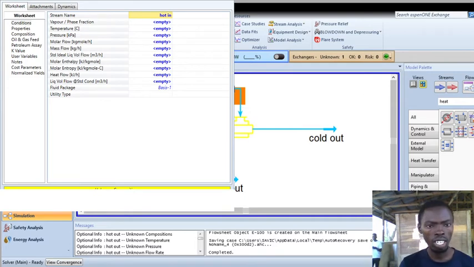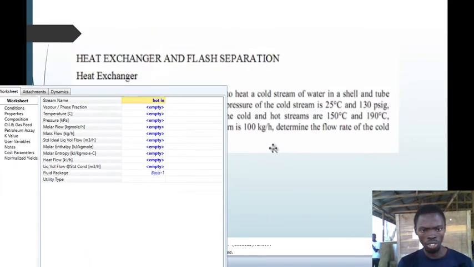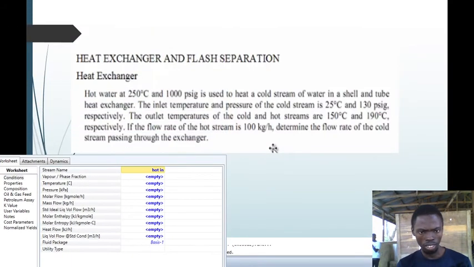So your hot water is right there, and the question says hot water at 250 degrees C and 1000 psig.